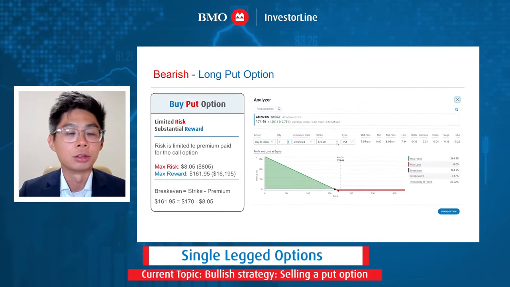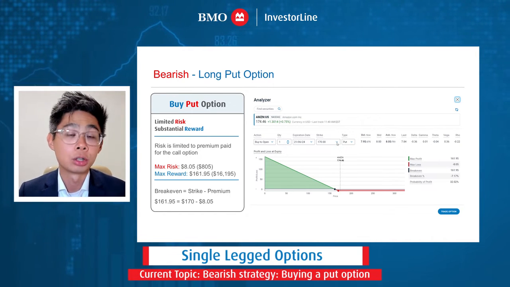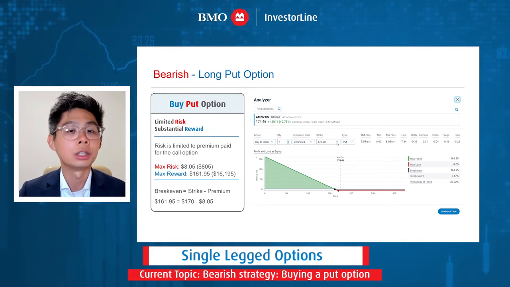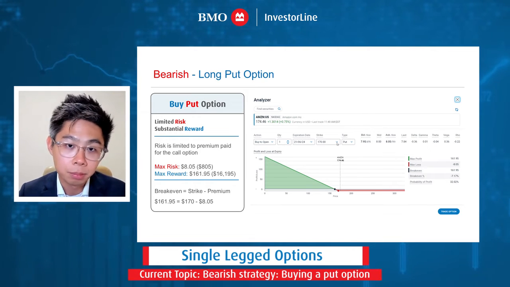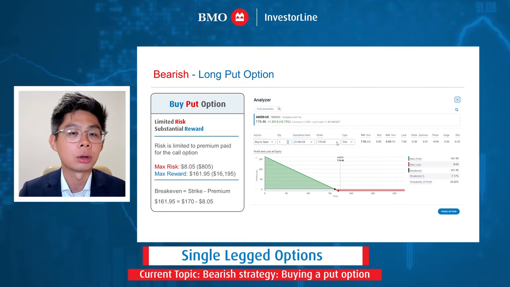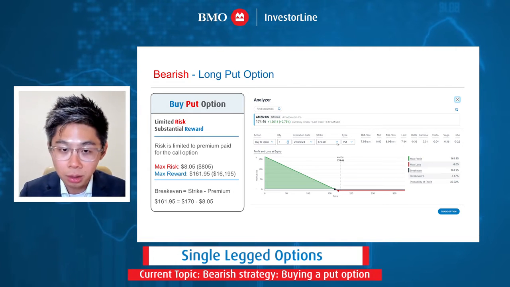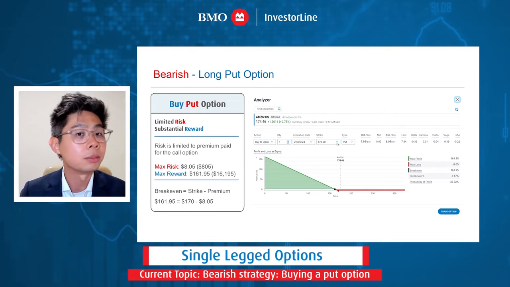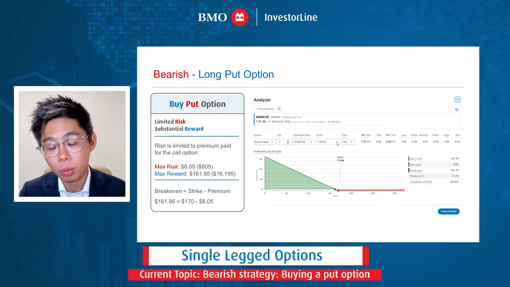Now that we've understood the bullish side by looking at a long call and a short put, let's look at a long put and a short call, which, if you look at these two examples, is really just going to be a mirror image of the first two that we looked at. But we're flipping bullish to looking at bearish strategies. And this is really something that's also interesting about options trading, because when you are a stock investor, generally speaking, a lot of stocks that you might be bearish on, you're probably not necessarily going to outright short sell the stock. One, because